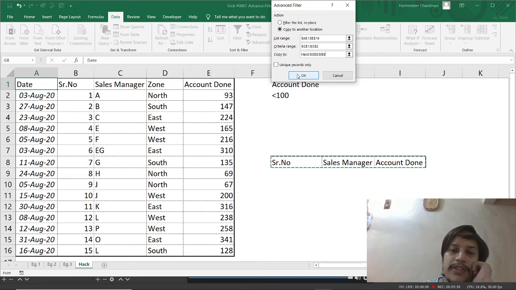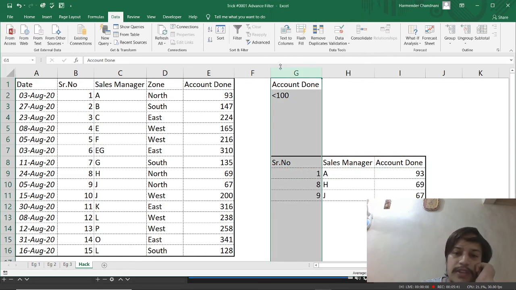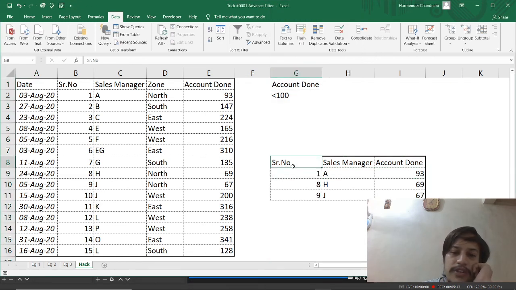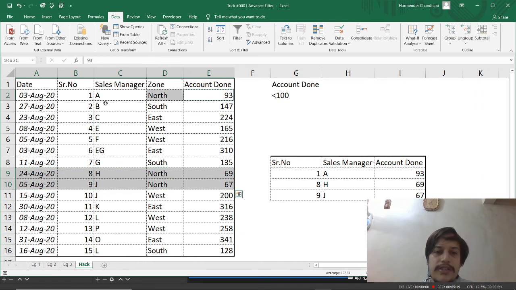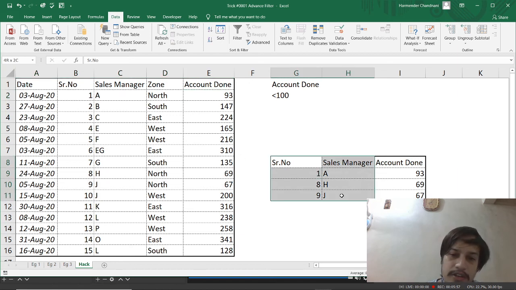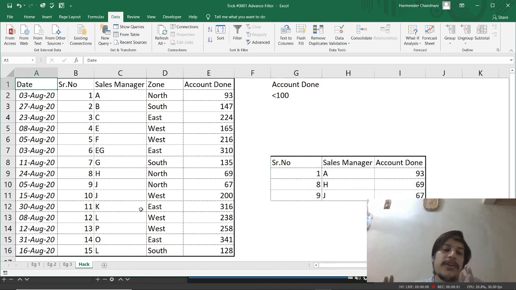Let's see what is happening. Click OK. You have got the detail, guys. We just have 3 employees who have done less than 100 accounts. So we just got only the required columns. This is a hack in advanced filter.